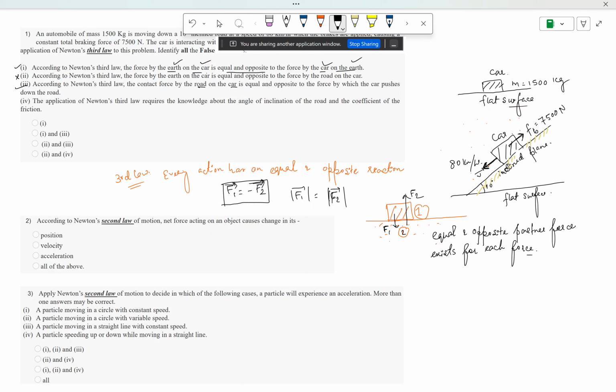And the fourth one says that the application of Newton's third law requires the knowledge of the angle of inclination of the road and the coefficient of friction. This is definitely not true, because Newton's third law does not care about the angle of inclination, the road condition, or the coefficient of friction value. These are not important, because you just have to simply know that